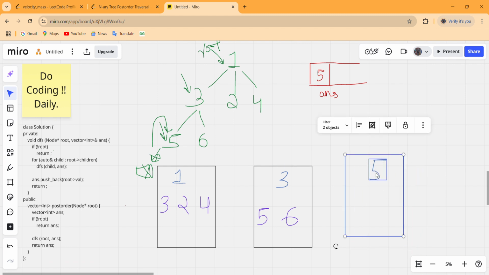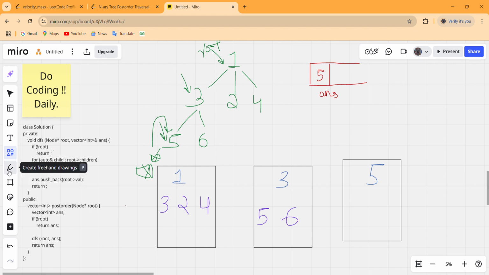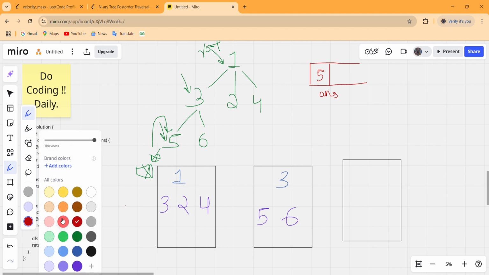So basically let us first erase this, and that for loop will now check the other children of this 3. 5 gets evaluated, so let us mark it as evaluated like this.